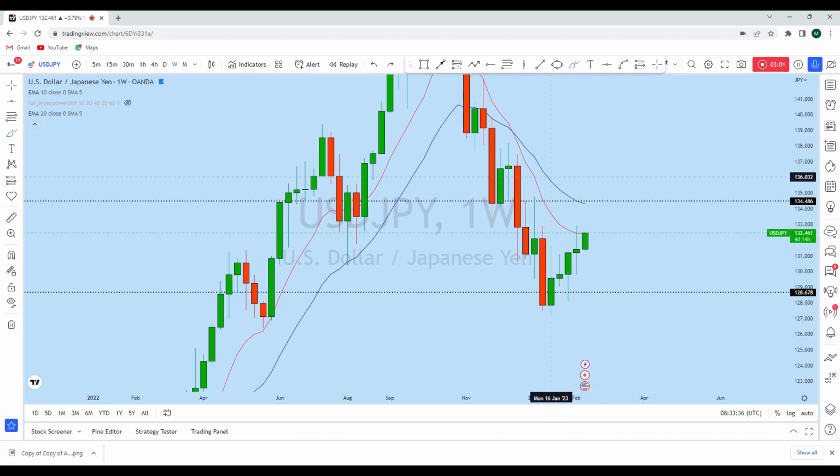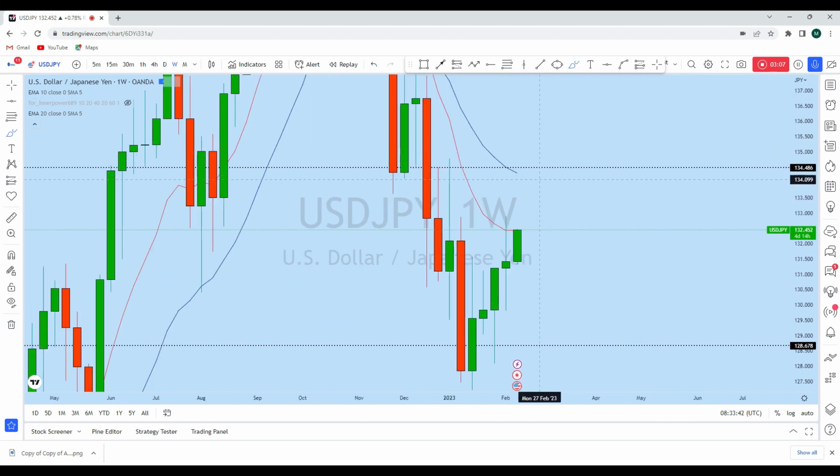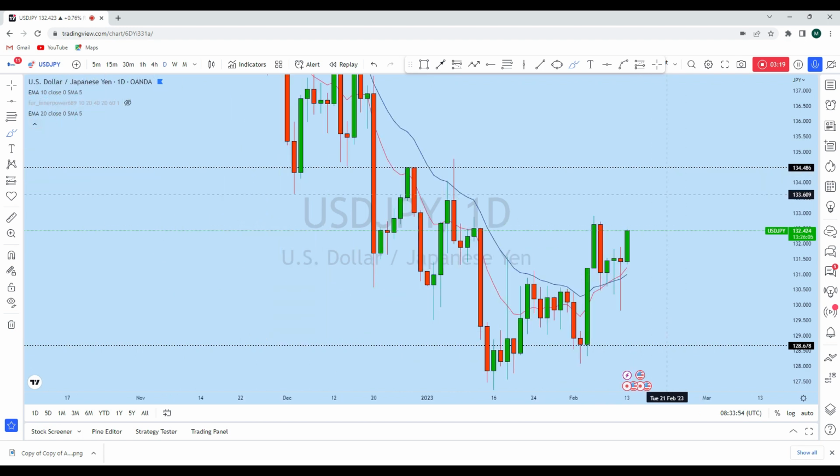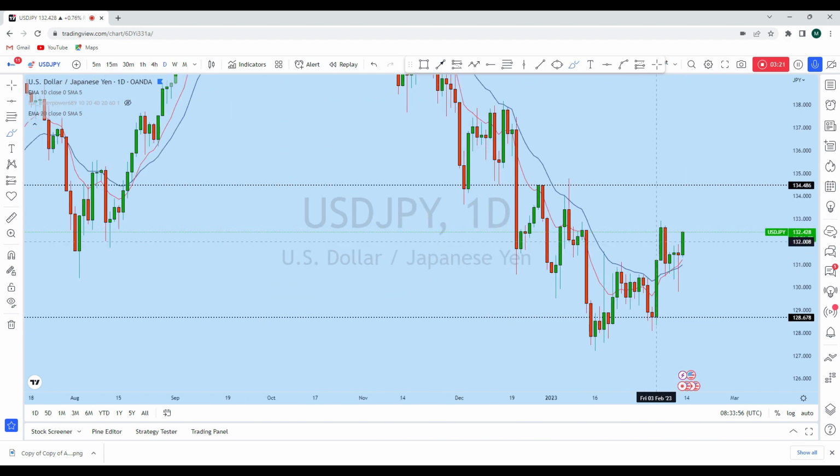And what I think is that dollar yen at some point we could see a retest of this level before creating any movement to the downside. So with that in mind, from the weekly perspective, we can expect dollar yen to go ahead and test this level. Looking at the daily time frame to see how the market structure and price action has formed,